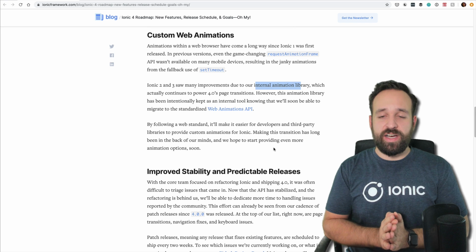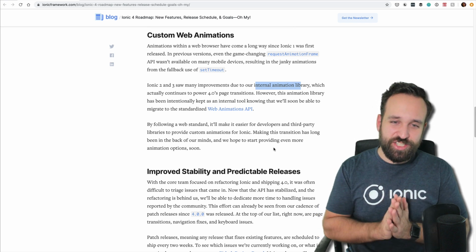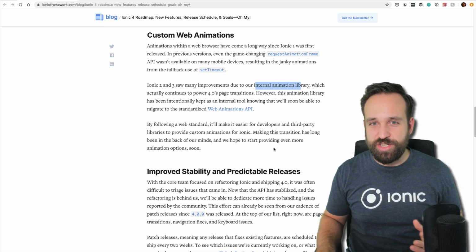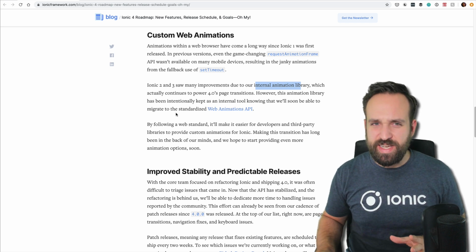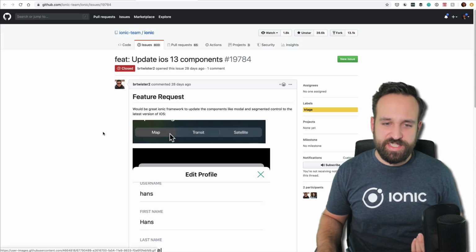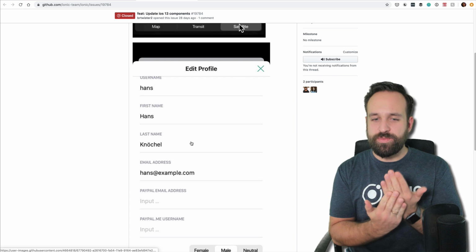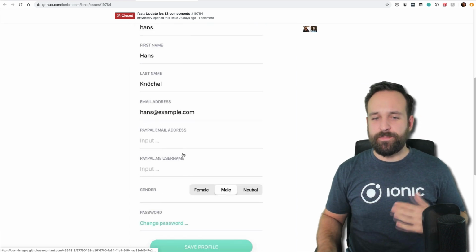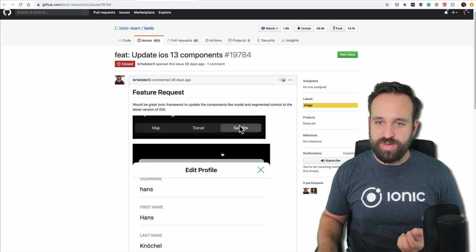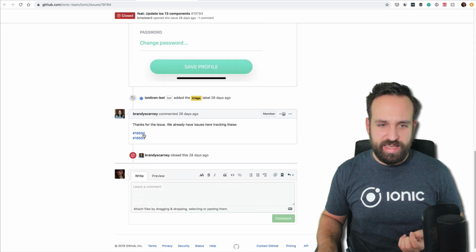Alright, moving on, number 3 on my list is actually something I'm really looking forward to, and that is iOS 13 support. Since iOS 13 had a few components like the segment, they have these card modal overlays, and they're not really implemented yet in Ionic, but as far as I know, they have